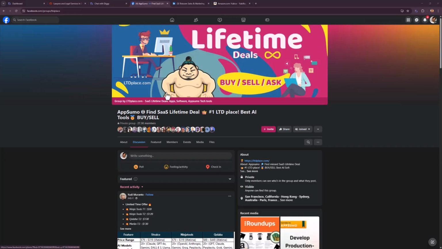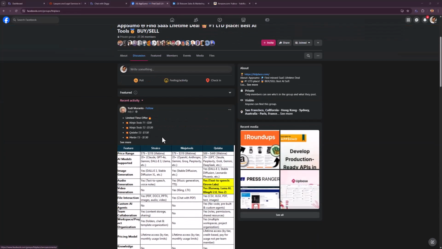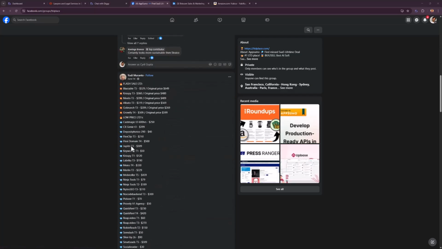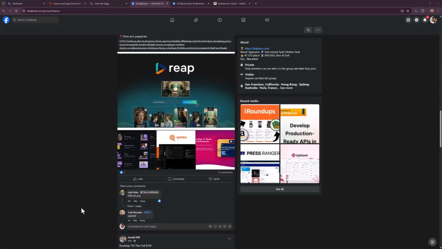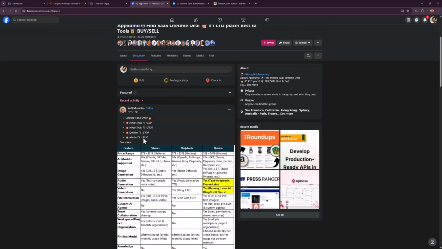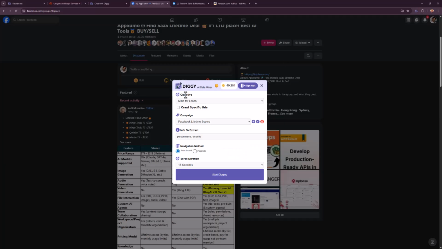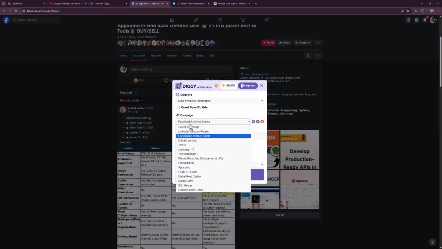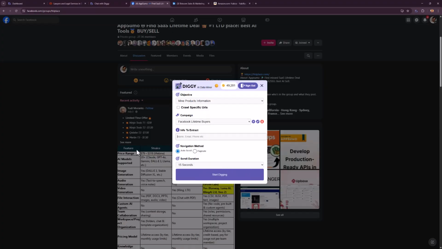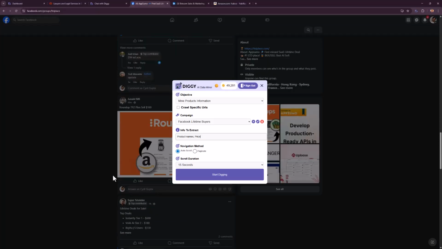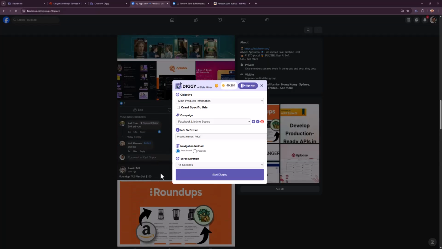For our next scraping task, let's scrape this particular group which has a lot of information about products and the prices. So I want to grab, let's say, products and prices from this. So I'm gonna click on Diggy again, and this time I will look for mine for product information. I've got a campaign selected here, and I will look for product names price. And this is an auto scrolling page. As you can see, there is no pager here. So I will go for auto scrolling and I can select how many seconds I want